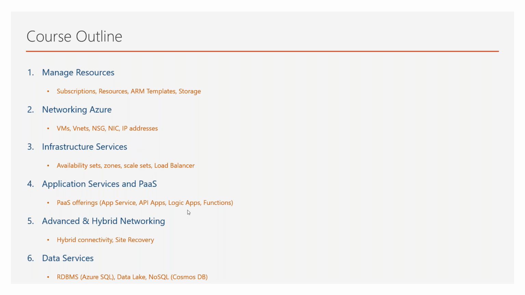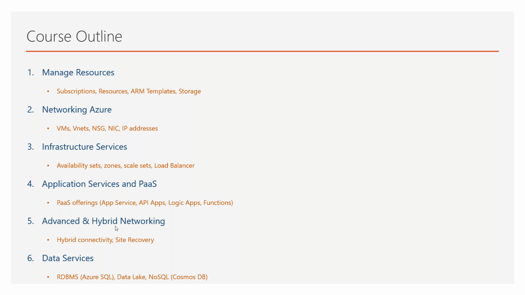Along with that, we'll talk about some very interesting features in Azure, like Logic Apps and Azure Functions. You will see that that can make your life really easy. Next class we'll talk about advanced and hybrid networking. I'm going to show you how you can set up virtual networks, and how you can set up hybrid connectivity, which means how you can connect your own virtual networks and your corporate or on-prem networks with each other. We'll see how you can make connectivity between them, how you can do site recovery and all that stuff we are going to cover in number 5.